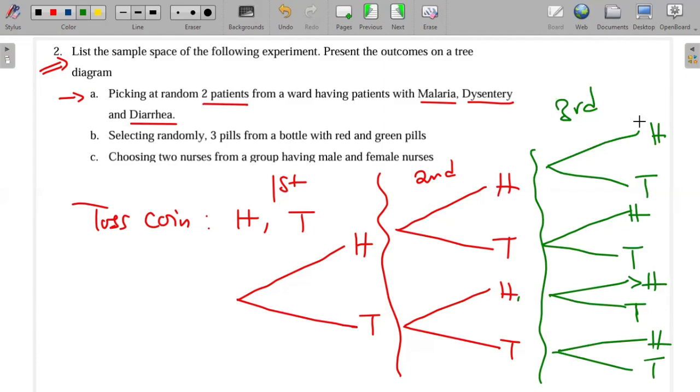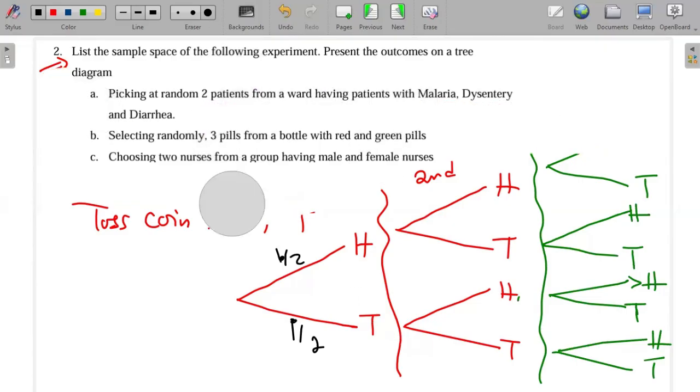On the tail. So such a diagram here is what we are calling a tree diagram. It just shows the summary of the probabilities there. Here we're just constructing the sample spaces, so there's no need to include the probabilities. But you'll see later on, as we solve the questions, we'll be putting some numbers here to show that the probability of getting the head is half, and the probability of getting the tail is half. So just like that. All right, so now that we know what a tree diagram is, we can draw a